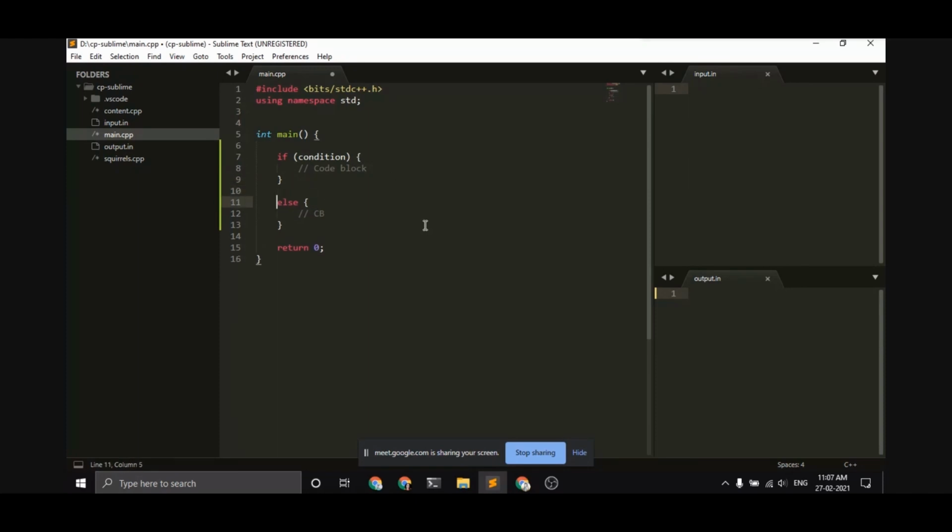Yeah, and between the if and else block, you have the else if block. The syntax is pretty similar. The else if, and here you write a new condition, condition 2. So let's say you want to execute this code block when this condition is true, but you want to execute a different code block when this condition is not true, but you also want to check a different condition. That's why you use the else if block. And of course, you can have multiple else if blocks between the if and else block. And you can even nest these if else conditions. So there can be an if inside this if else too.